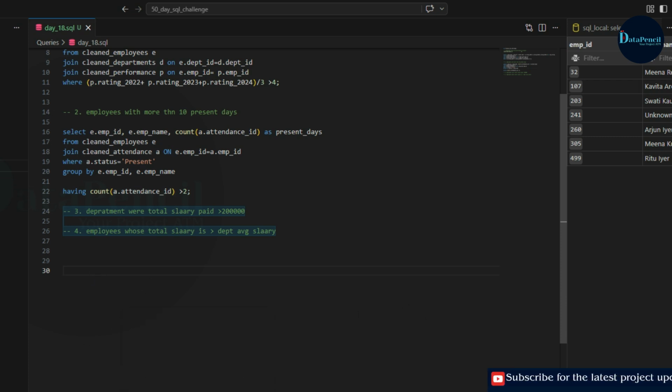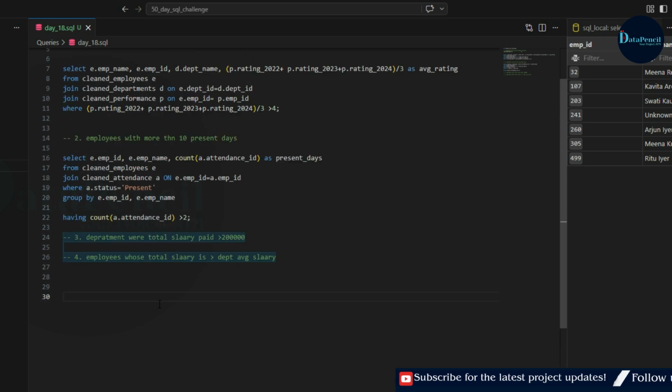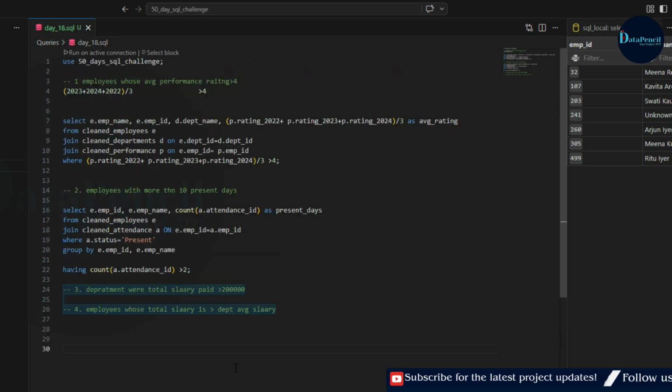In the subquery, we will find the department wise average salary. We did such questions earlier as well. Basically, here we will use the correlated subquery, which means in the subquery, whatever department ID value should come, that value we will take from the outer query. I hope you guys will be able to do this as well, because you already did this thing. So just complete this and submit your work via the submission form.